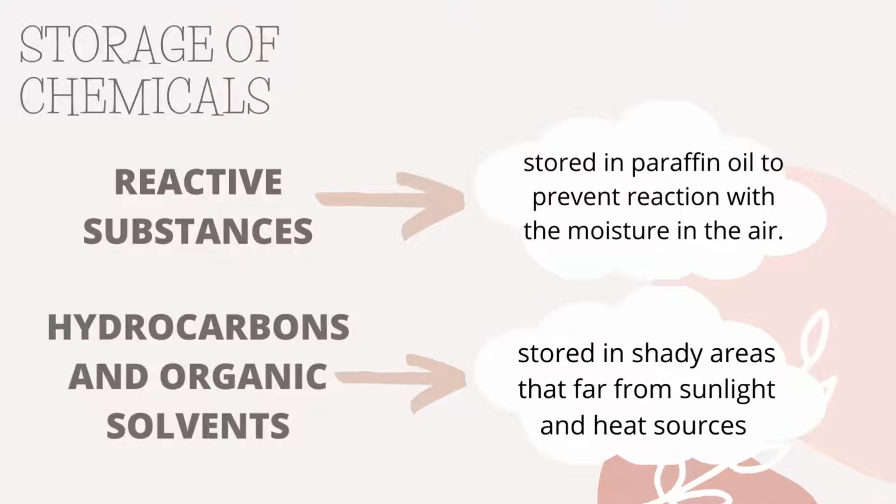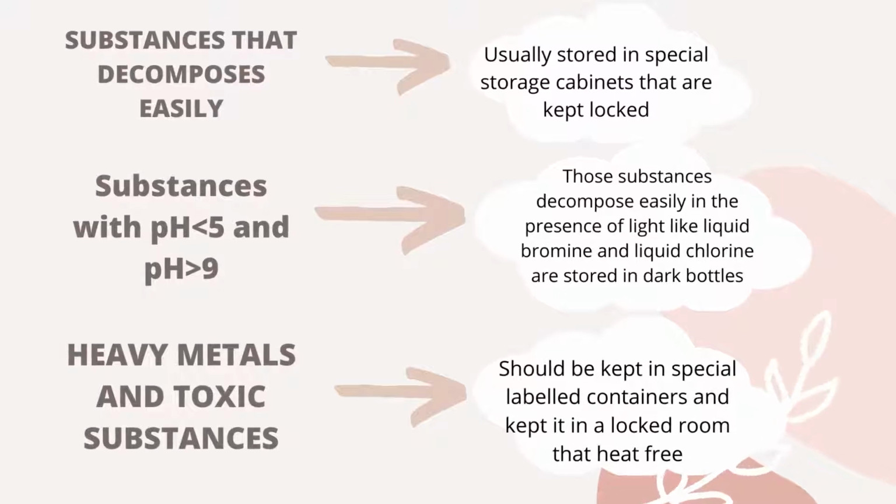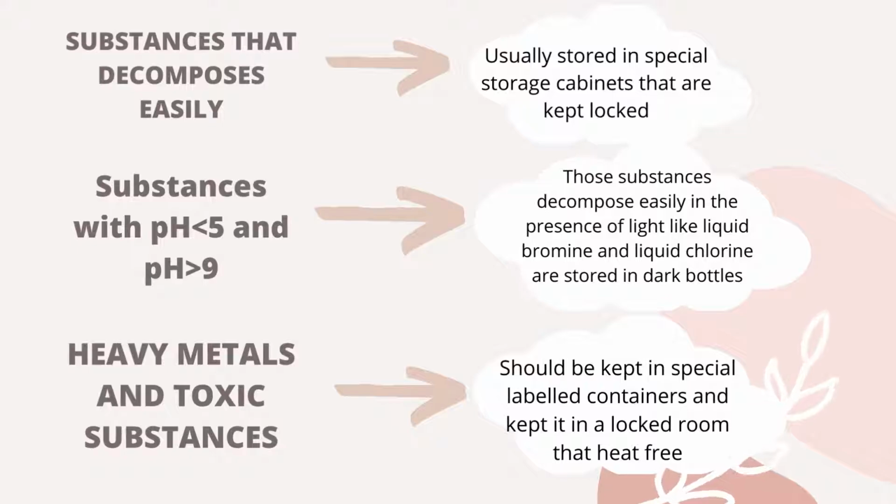For hydrocarbons and organic solvents, they have to be stored in shady areas that are far from the sunlight and heat sources. Substances that decompose easily are usually stored in special storage cabinets that are kept locked. For substances with pH higher than 5 and pH lower than 9, those substances decompose easily in the presence of light, like liquid bromine and liquid chlorine,